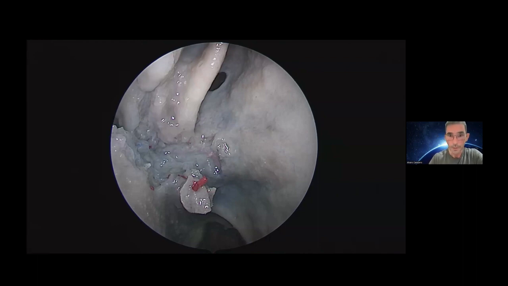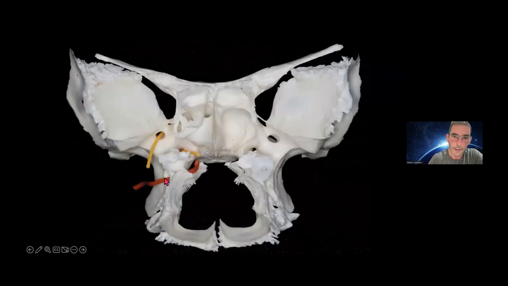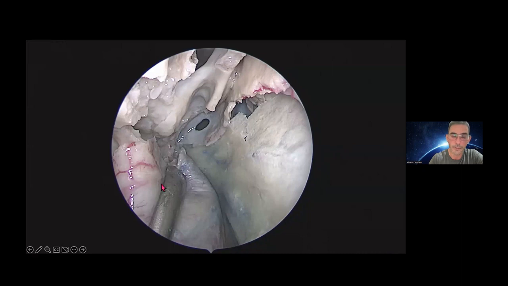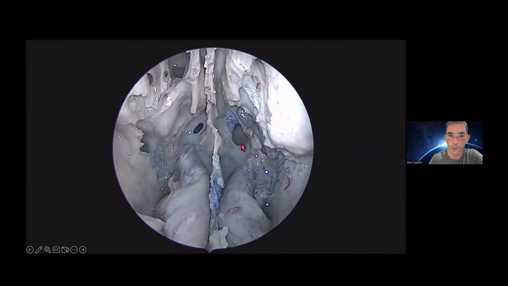This is the sphenopalatine artery that crosses the sphenopalatine ostium between the orbital and sphenoidal processes of the palatine bone, from the pterygopalatine fossa to the nasal cavity. In order to perform the nasoseptal flap, we have to cut below the ostium and preserve the sphenopalatine artery. We can see this view in a cadaver: ostium on the right side, ostium on the left side, nasoseptal flap